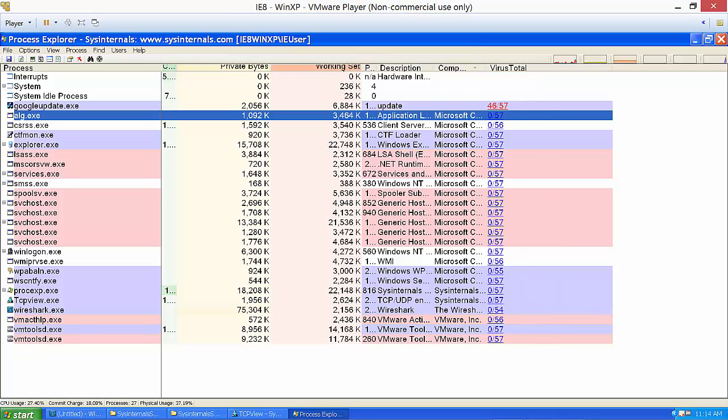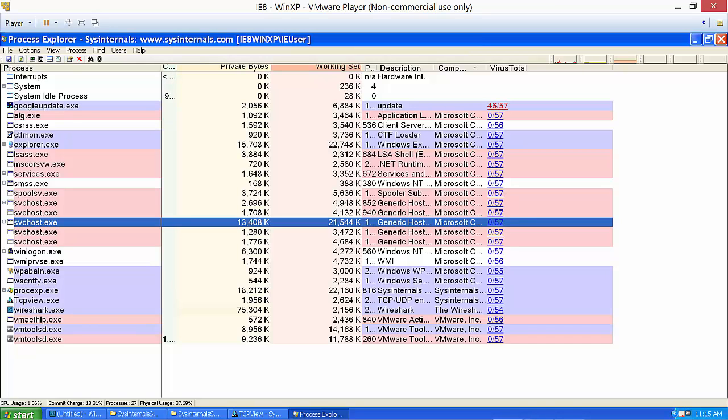And now the Sysinternals tool is doing a lookup on the hash value of the file, and we can see in this case that there are 46 hits out of 57. So there's a good chance that this is the malware.